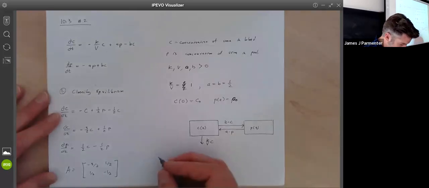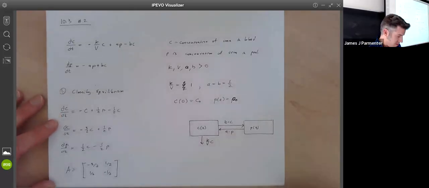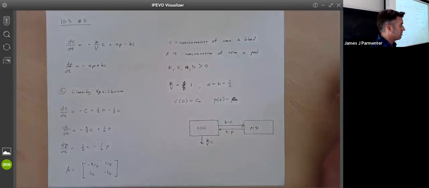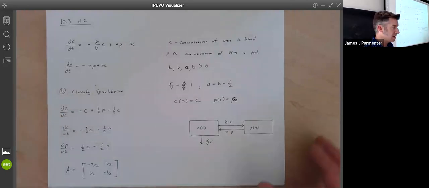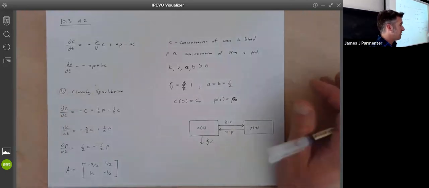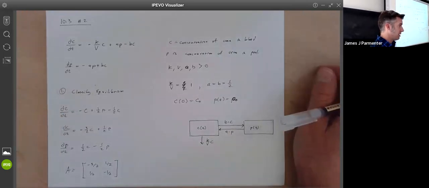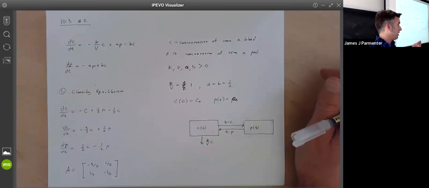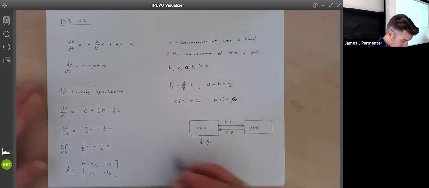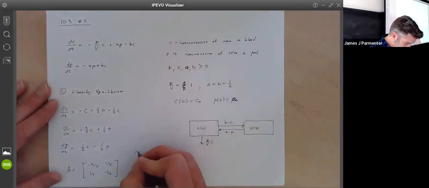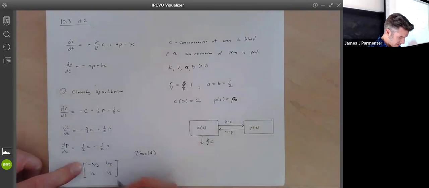So then if I want to find the eigenvalues, there's literally so many ways we can find them. But I'm going to do it the way I've seen him do it in class most of the time, which is where he finds the determinant, he finds the trace, and then he writes down the quadratic equation from that. So we can see that the trace of this matrix is negative 3/2 plus negative 1/2,